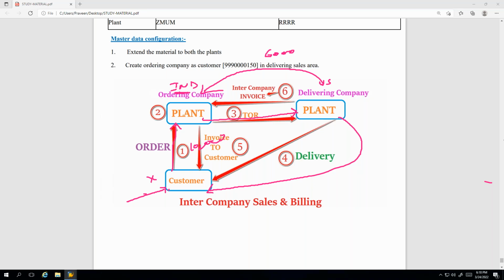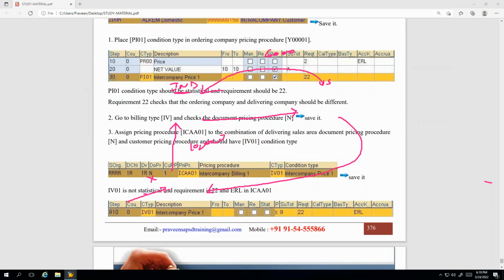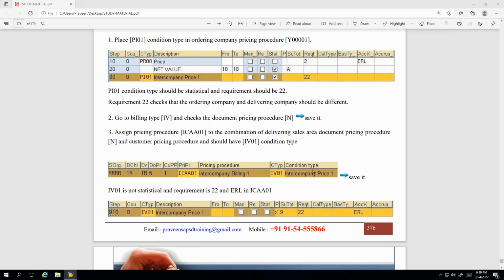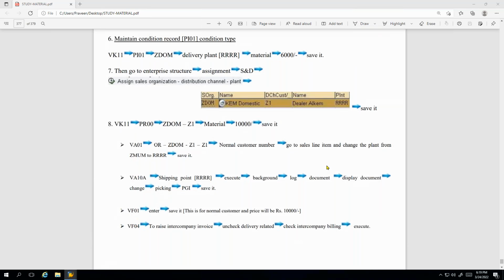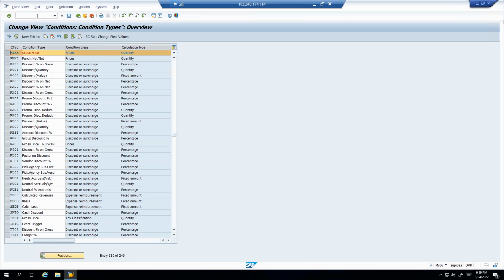Like you could check even the document step-by-step configuration. But the only thing here is that screenshots of every configuration are available. The only thing very important that you should know is this transaction, which we never used: VF04. We know what VF01 and other transactions are, but VF04 is one transaction we never used earlier for billing. We use this transaction to create a billing document